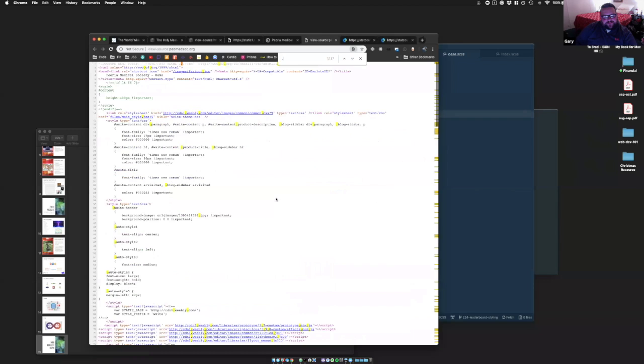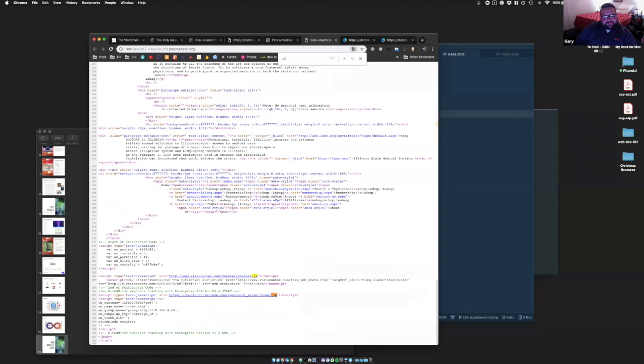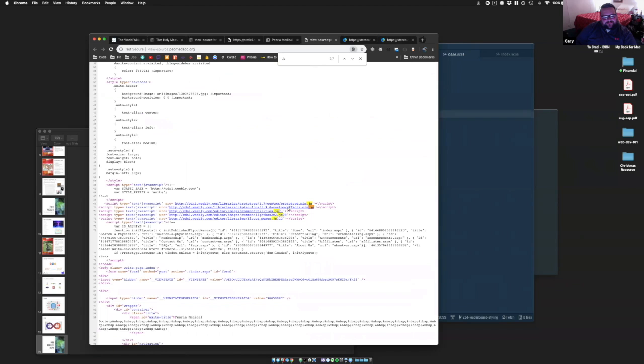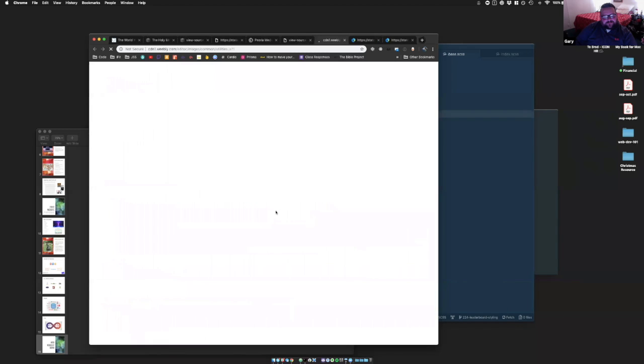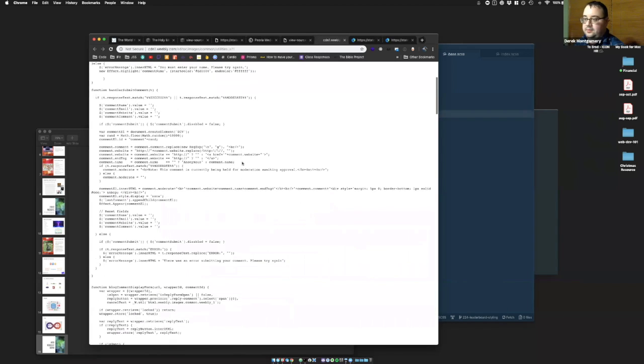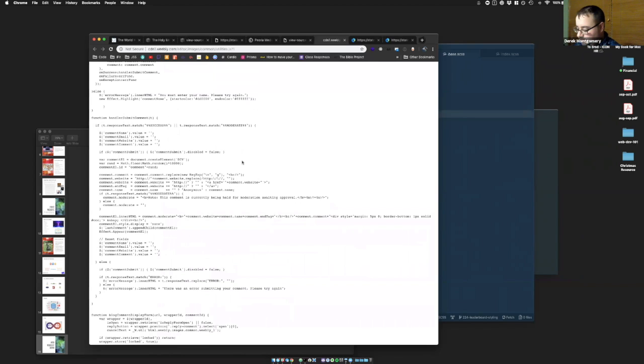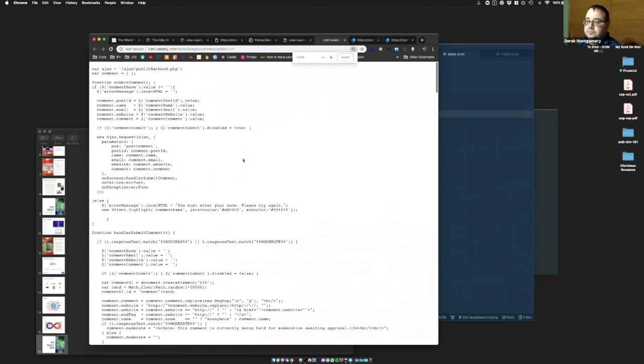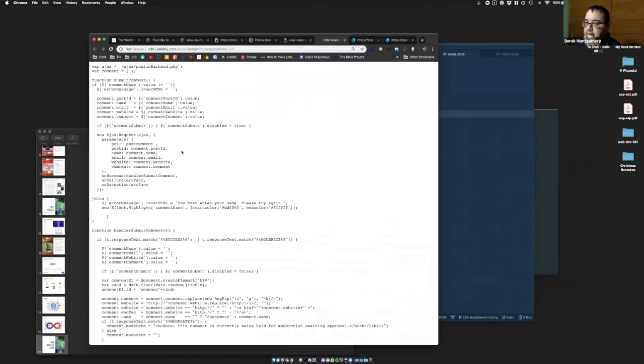Hold on, I gotta find the JS. Okay, well, let me try this. Okay, yeah, here we go. This is pretty indicative of JavaScript. We won't get into JavaScript until later because it's more intense and you don't really need it until you understand the other two. But some people build their careers entirely on JavaScript, and all it is is the interaction behavior.